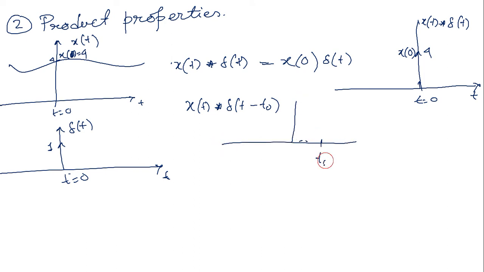If this one is the t naught point, then with the minus it is shifted right. If it is plus, then it is on the left side. Now if I multiply x of t with delta t minus t naught,